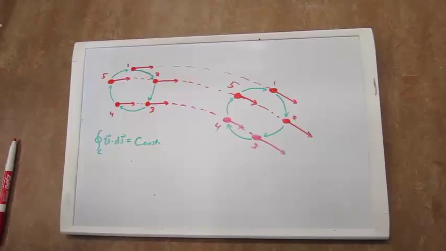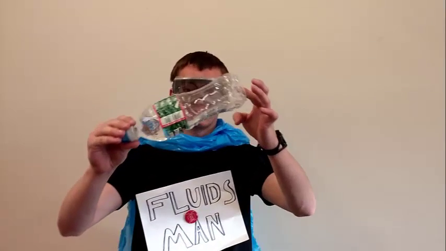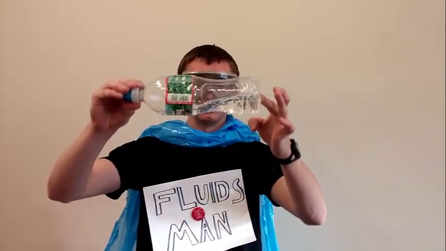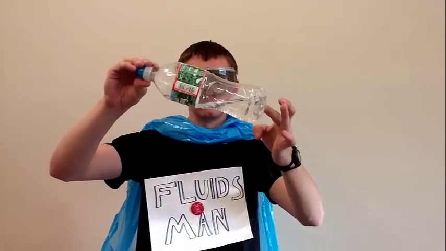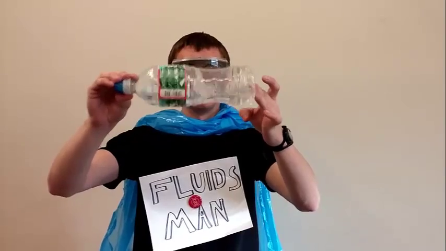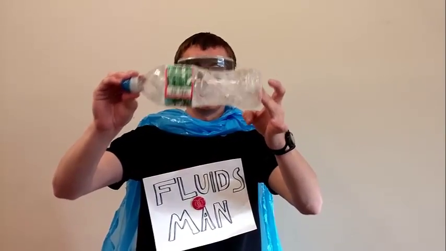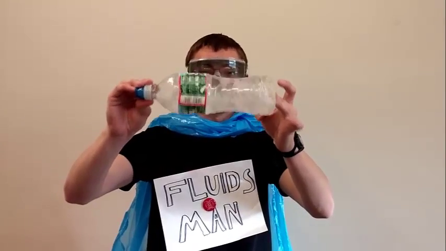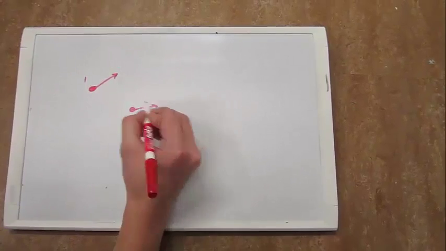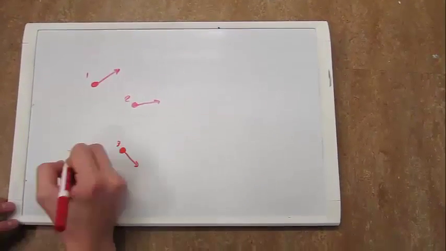So how does this relate to turbulence? Here, we can see laminar flow. The flow is smooth, steady, and predictable. Whereas turbulent flow, it's unpredictable, it's unsteady, and it's chaotic. So that brings us to turbulence. So now, let's try to apply the Kelvin circulation theorem to a turbulent flow.